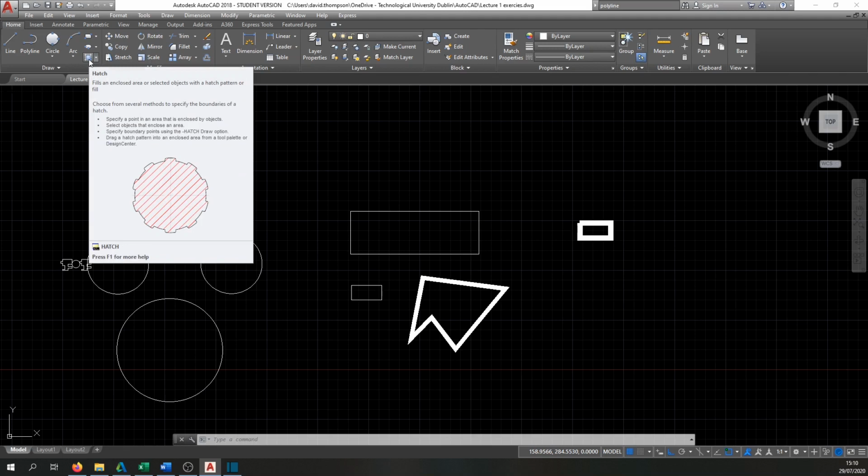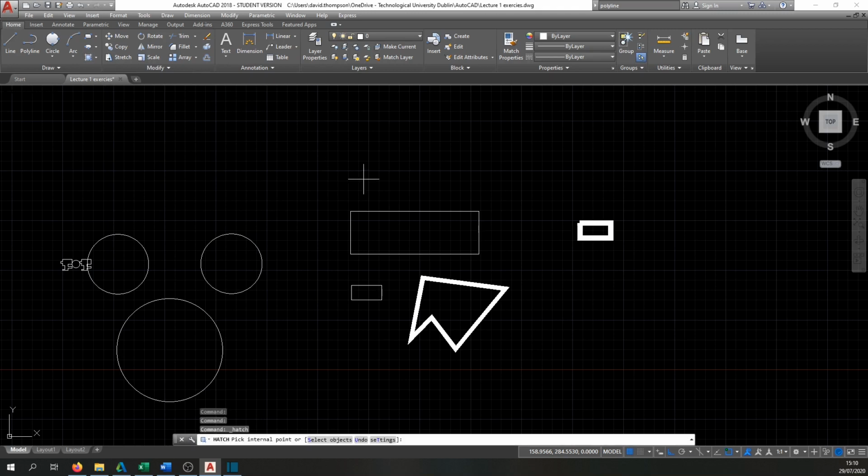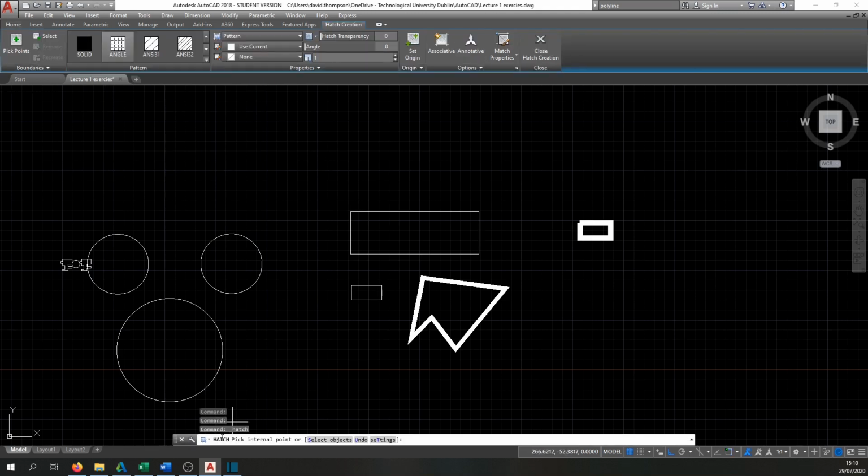So again, we'll just hover over, you can see, you can fill in the shape with a pattern. You can either click on the icon here or press H on the keyboard and enter. So you'll see what it says: hatch, pick internal point, or select objects. So this is why it's actually important, as we talked about in the other video, to make sure all our lines are joined up,